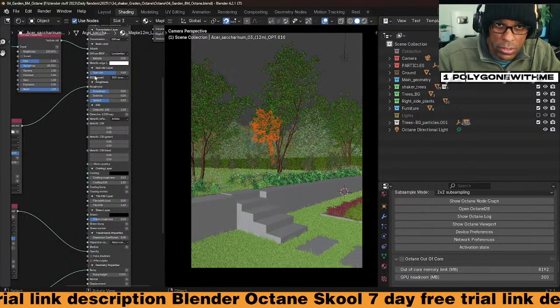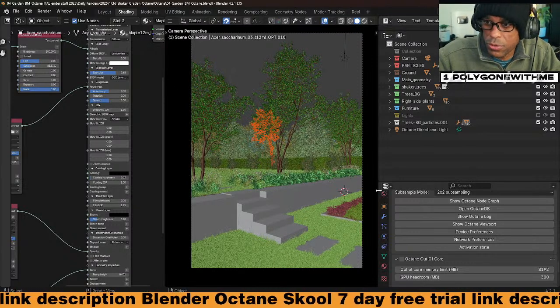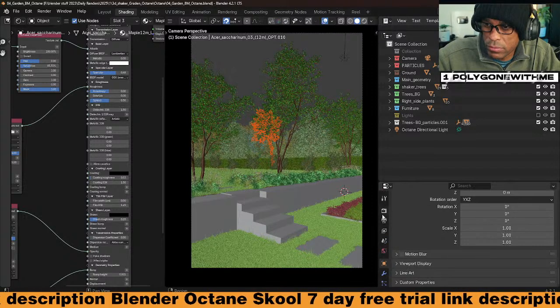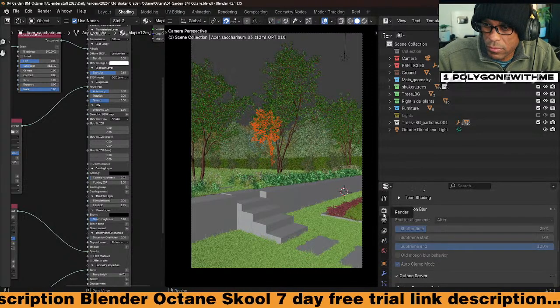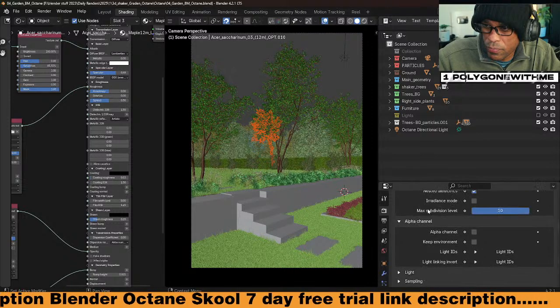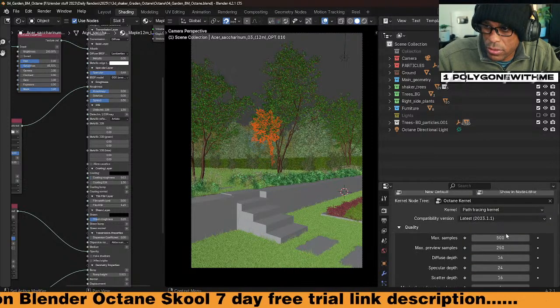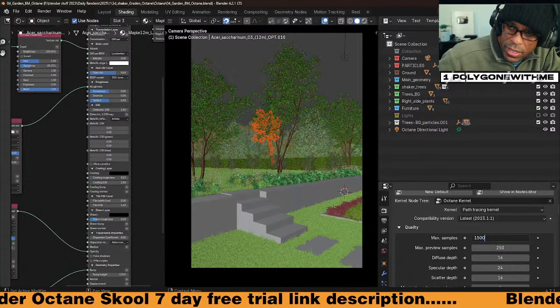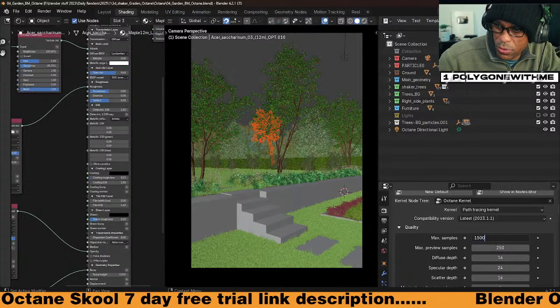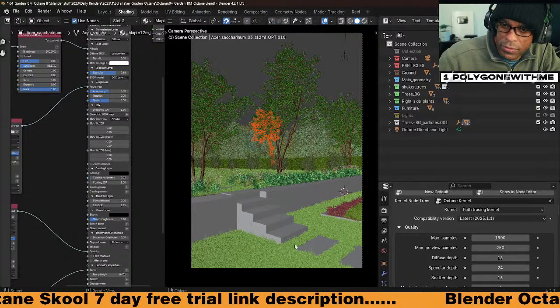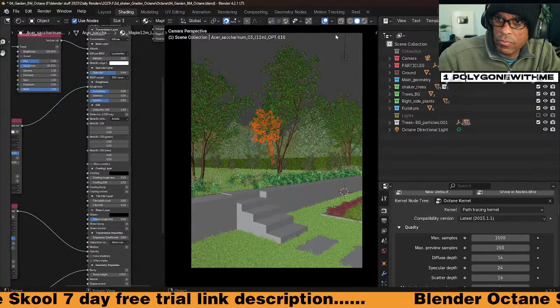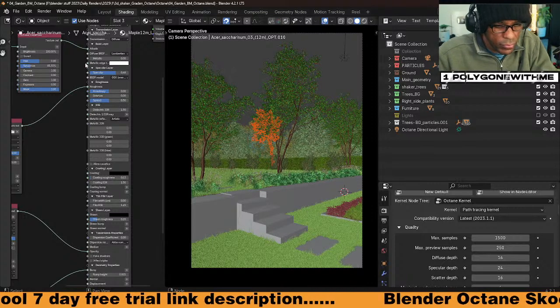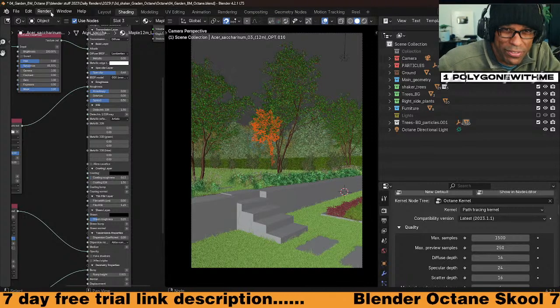All right, so I'm gonna set this thing to render overnight, and I'm gonna start off with 1,000. Oh, since it's overnight, I'm gonna give it 1,500 samples, because there's a lot of specular going on. There's a lot of transparency between these leaves and this grass, and I'm not gonna save it because I don't want to wait 5 minutes to hit render.